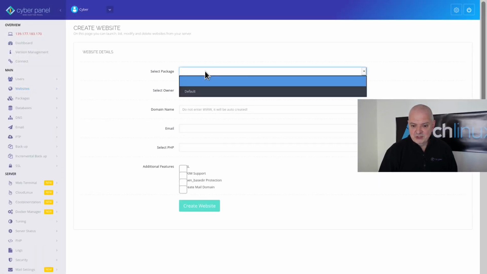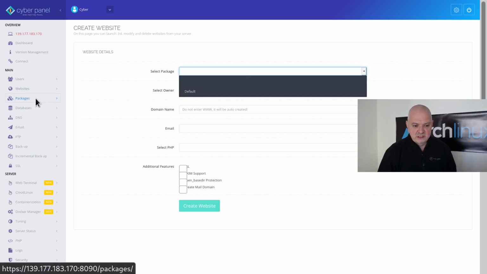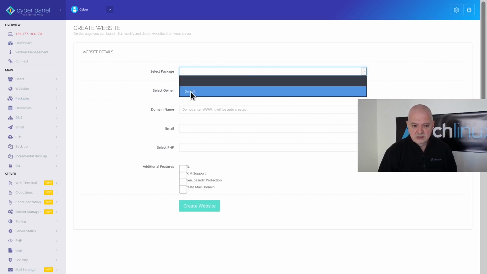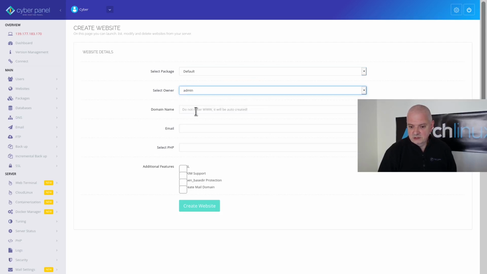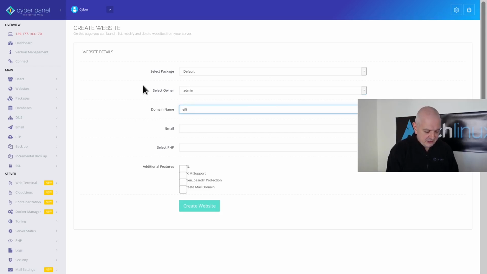Now, the package is the only one we have here in Cyberpanel. It's this one right here where it says packages. I'm going to show you this in a second because there are some things you need to change. So I'm going to select the default package, which is the only one. The owner is the admin user. It's the only one I have. Now, the domain name that I want to use here is eflinks.xyz. That's the one we saw before. The admin address is